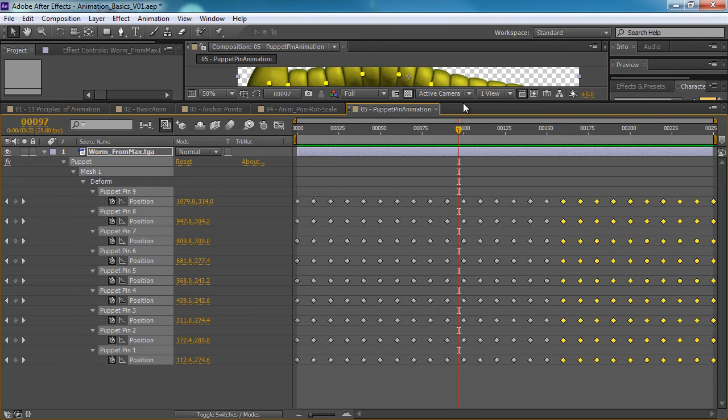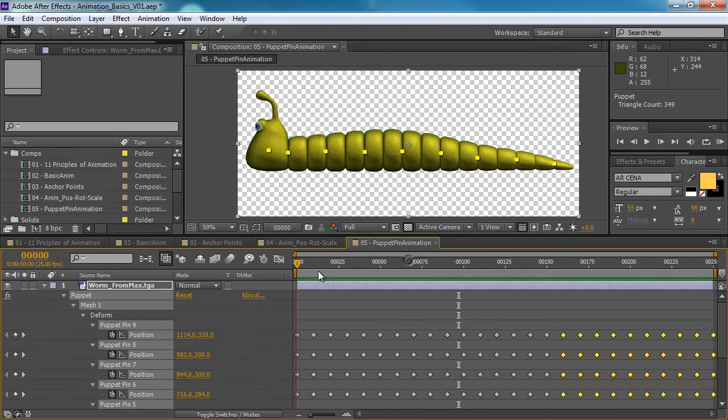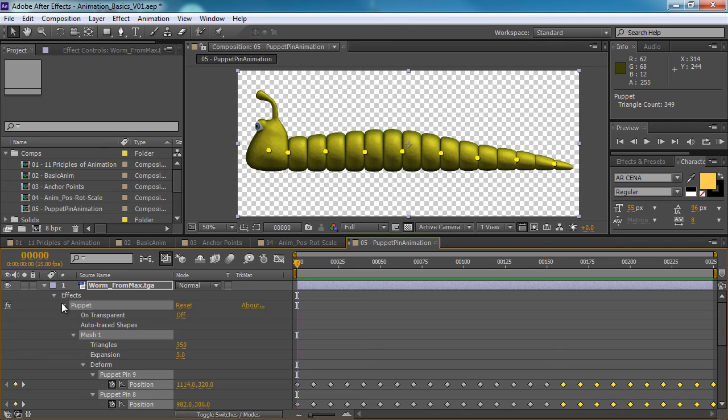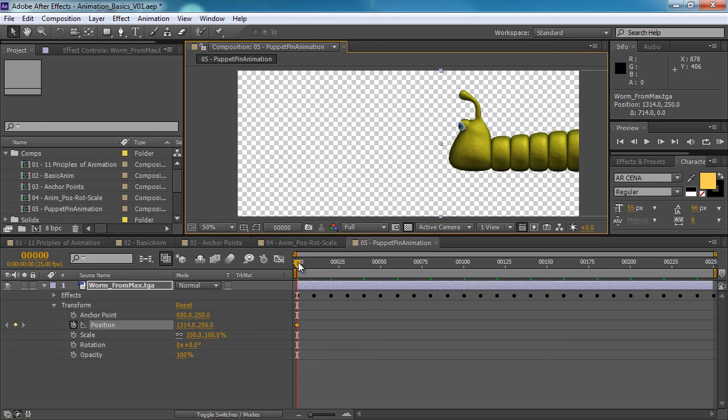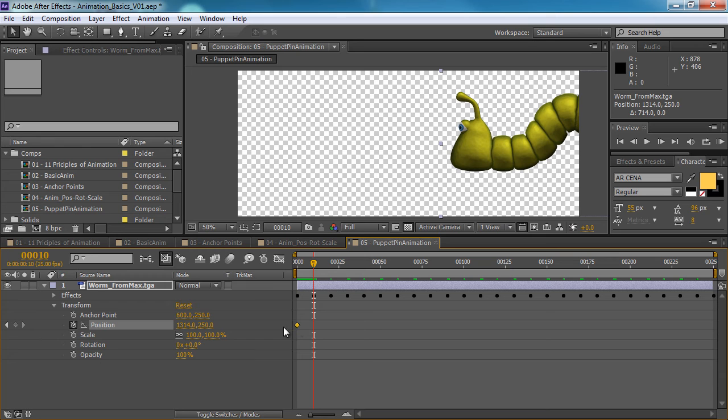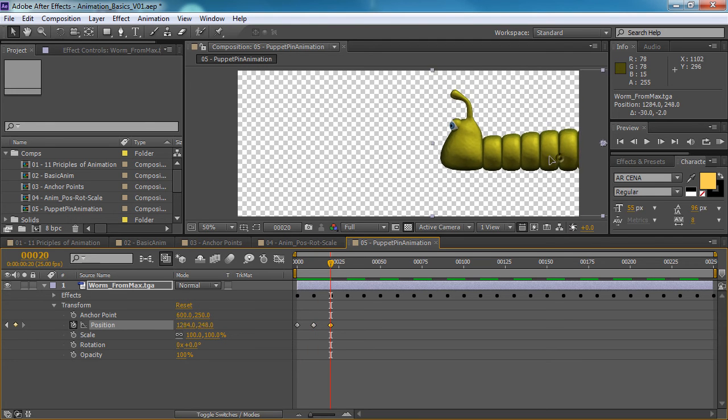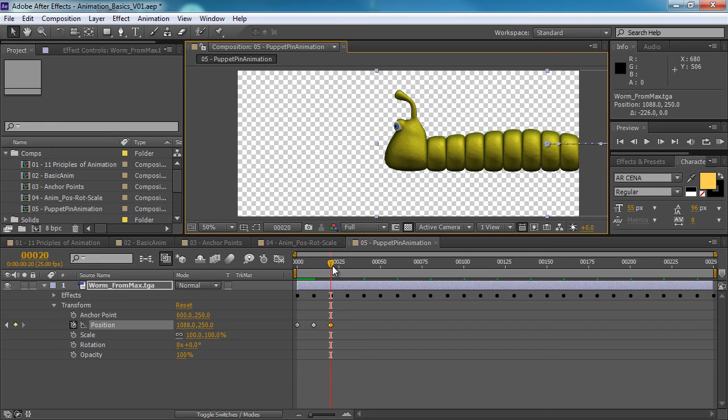So we're looking pretty good. We now have a cycling animation. I can now come up to my worm and go into my transform and click on the position keyframe, move this guy over here, and then as he lifts up we hold the keyframe. So I'm just going to click on this little icon here, which adds or removes a keyframe at the current time. Click on that, and then when we go through to 20, I'm just going to move him forward a little bit,